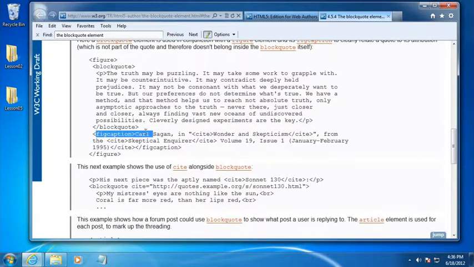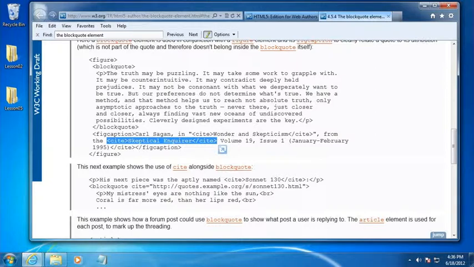Then in the caption of that block quote, we're citing the specific articles and citing the magazine or the professional publication where it was originally published. All right, so just keep in mind that block quote and cite sometimes work together and are used whenever you need to reference in a more professional context other websites, documents, books, music, whatever the case might be from around